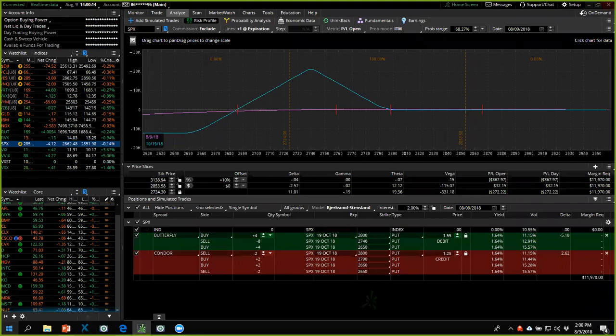Let's see, another question. Mitigate the effects of Vega on the BWB. Is Vega exposure just the nature of risk for BWB? Yes, it is. For all income style trades, they are negative Vega trades. And that's the nature of some of the risks that you're taking when you're doing income style trades. So what it comes down to is if you could neutralize your Vega, I'm getting off track here, but if you could make your Vega be 0 and keep it there,